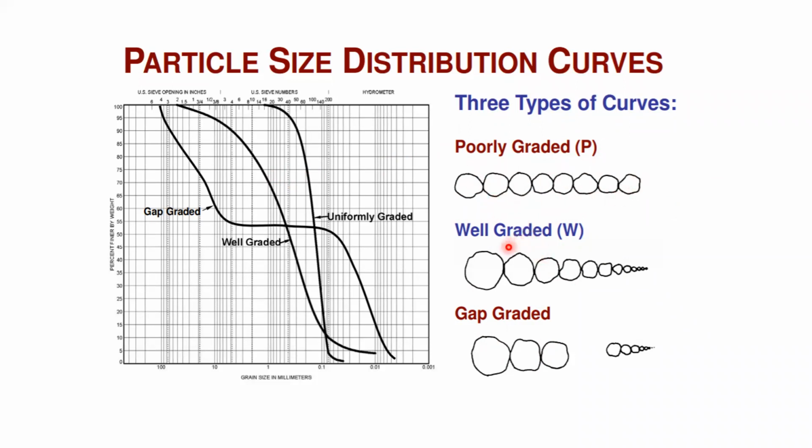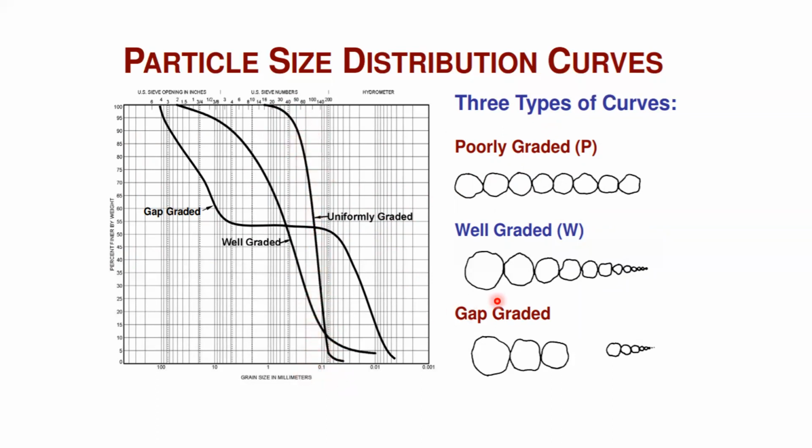It is also called uniformly graded. Remember it. You can call uniformly graded soil a poorly graded soil also. You can see this is a completely vertical line. What it indicates is that only one size is there. On the x-axis, for the different percentages on the y-axis, all the particles come at the same size because of the vertical line.